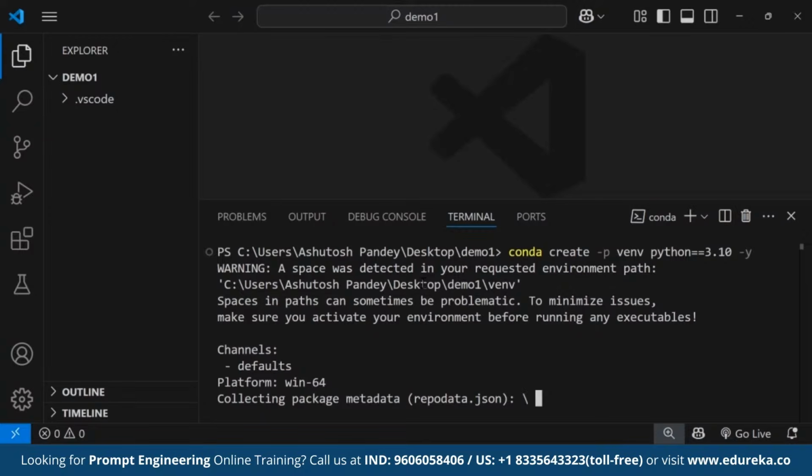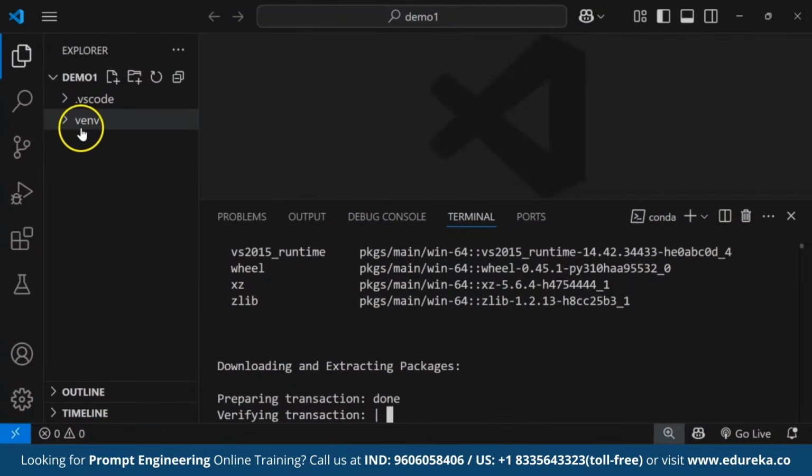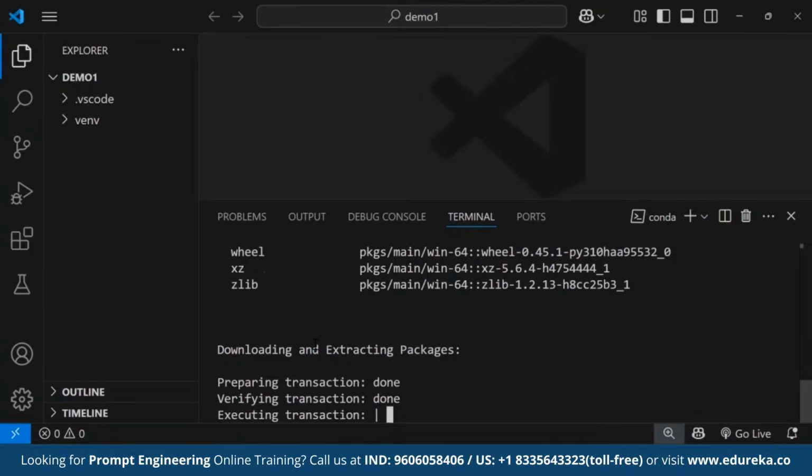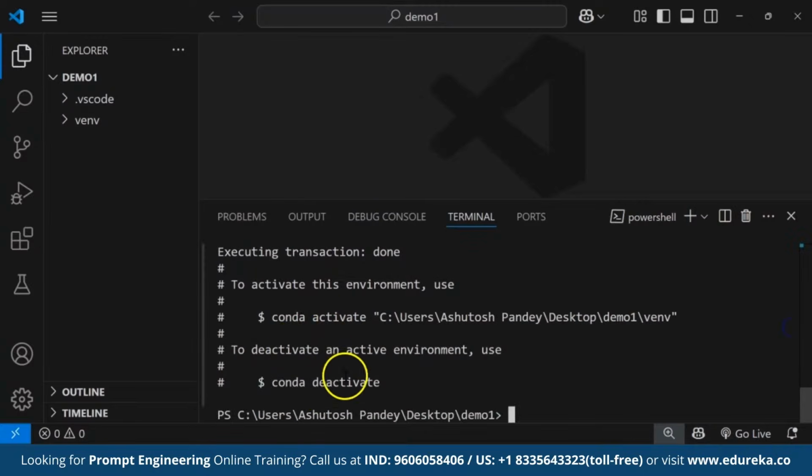So, conda create makes a new conda environment, and -p venv specifies the environment path as venv. python=3.10 installs Python version 3.10 inside the environment, and -y automatically confirms the installation without asking for approval. Once the process is complete, our virtual environment is ready and we can move forward with setting up our